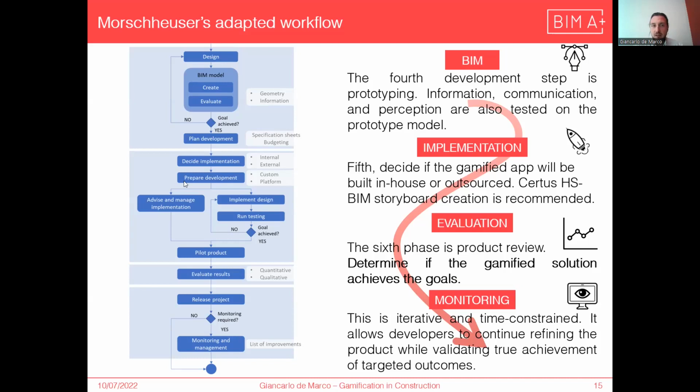Whether we are a company or a design firm that has the ability to implement the gamification approach internally, then we can decide to have a custom-made solution or a platform-based solution, a software solution. That means we use something that already exists and adapt our needs to what the market currently has.